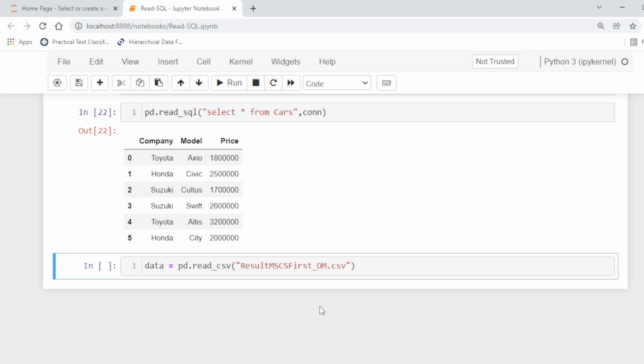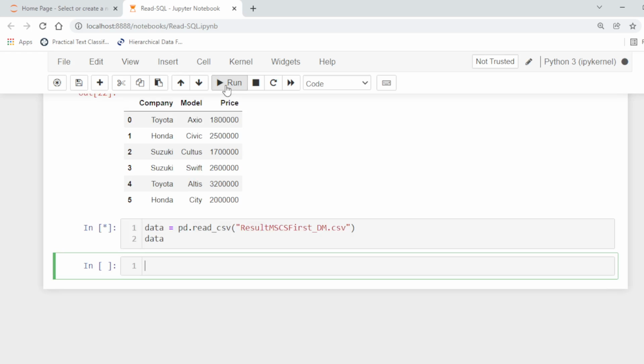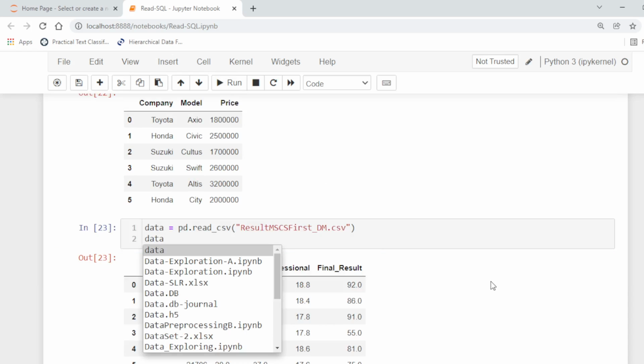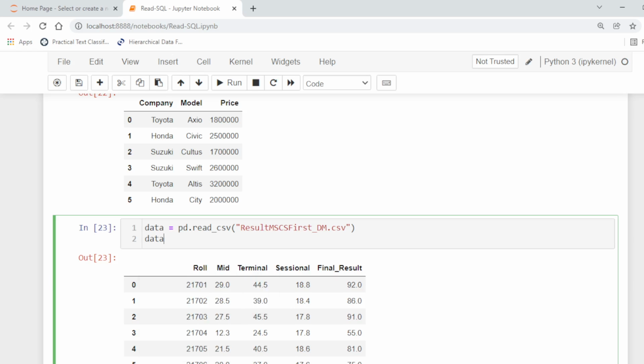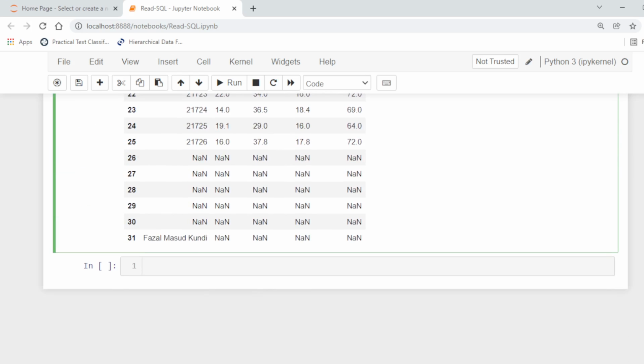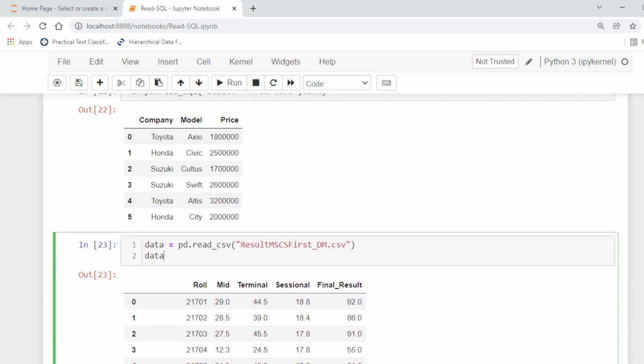So this is a file which contains the data of some results. This data contains about 31 rows and 5 columns.